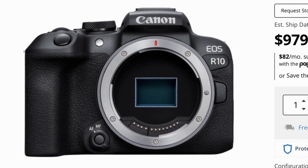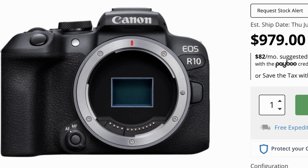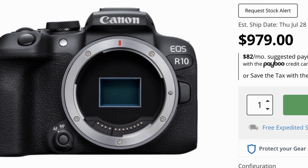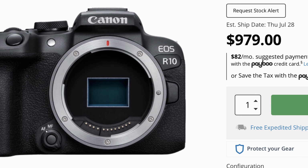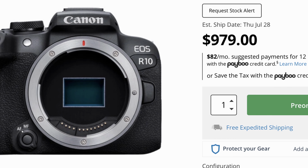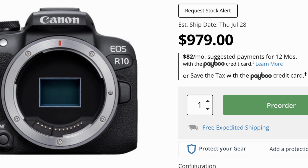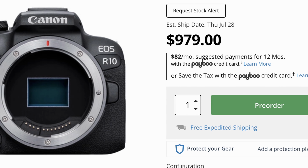R7 now, and it's the R10, which is basically the cheapest RF camera that's now available. It does shoot 10-bit in 4K 24p, 30p, and it may do 4K 10-bit at 60, although I know that camera has a heavy crop, but it doesn't have C-Log or anything. It does have an HDR PQ mode, but what speaks to me is it doesn't have IBIS, which a